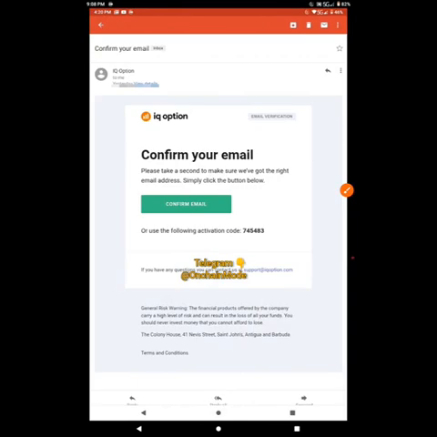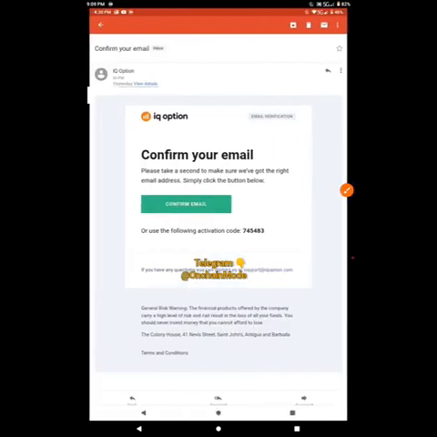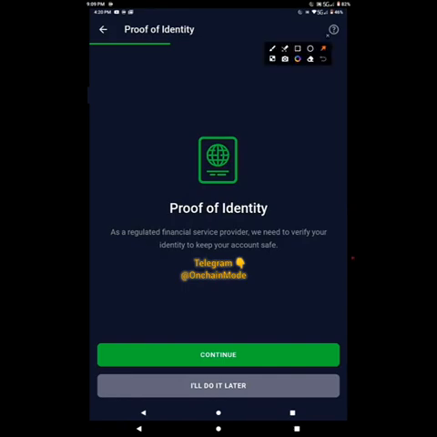Then afterwards, this is the email that's going to be sent to you. All right, this is the email, and then you can see the code here. Just copy this code right here, then go back to this particular place right here, and insert that 6-digit code right here, and then you are good to go. Then your proof of identity is going to continue. It's going to load up your proof of identity, where you can now snap your plastic card, any government issued ID card that you have. You are going to snap it, and then ensure that while you are snapping it, you stay